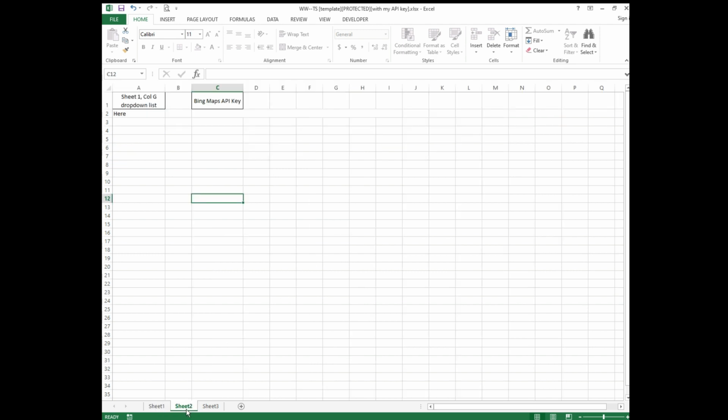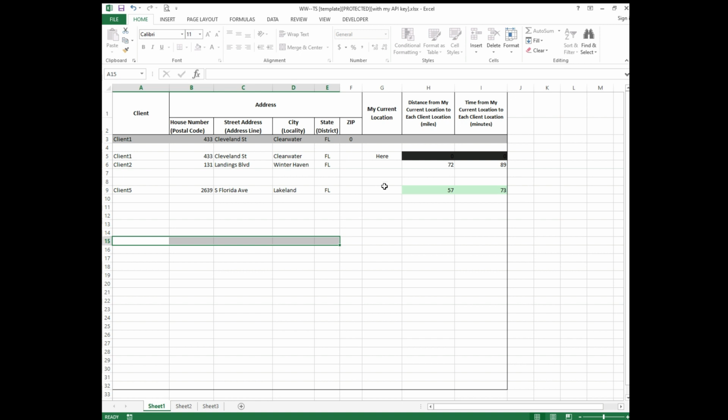If we look at sheet number 2, just kind of see the underpinnings of how this works. You'll see that there's just a couple entries here. One is the drop-down entries for sheet 1, column G, and so you may have noticed that when we select one of those, we have a drop-down. So you could either type the word here or select it from a drop-down. If you were to try to enter something else, like "I am here," it's going to validate that and say that that is not valid data to go into that cell,